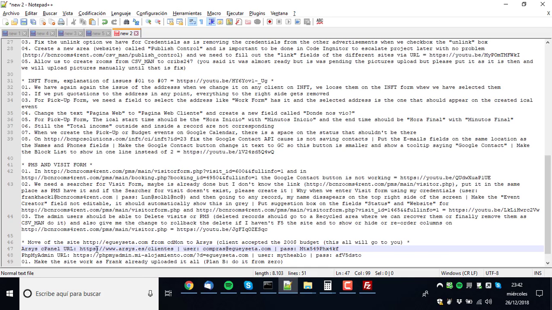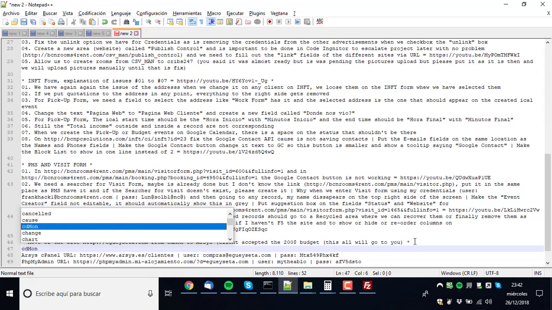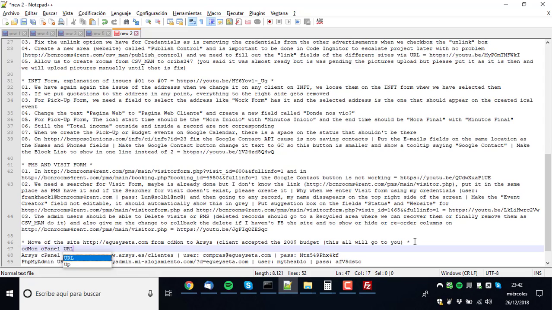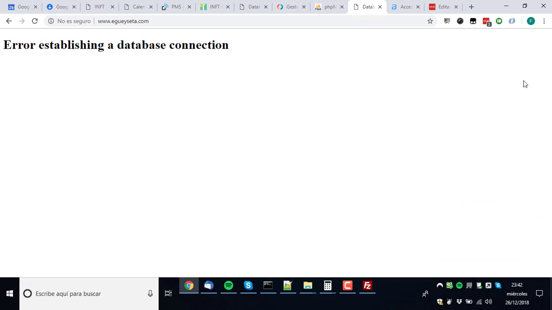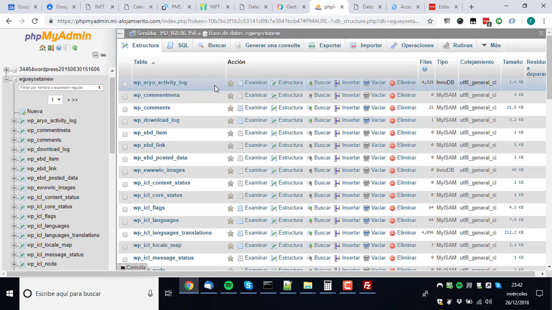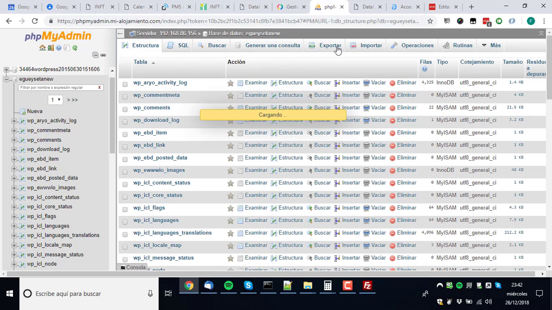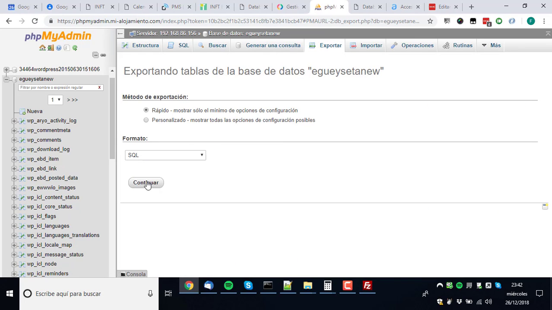Okay, so this is the ARSYS and the CDMON cPanel URL. Okay, so I'll just continue in a moment. So I went here and I clicked on continue, and I downloaded the 3 of them.